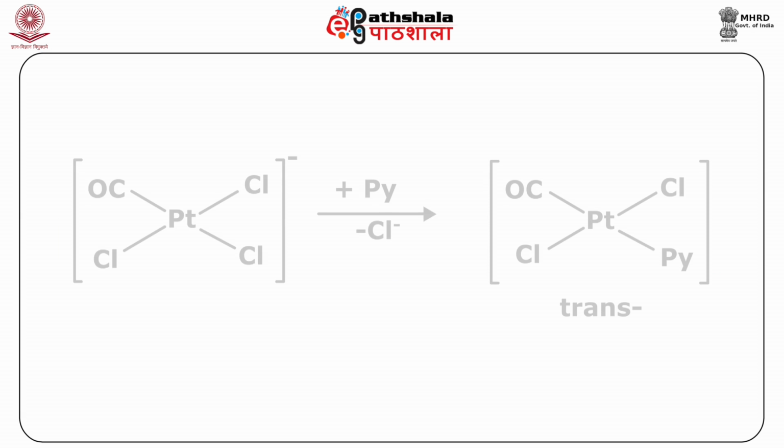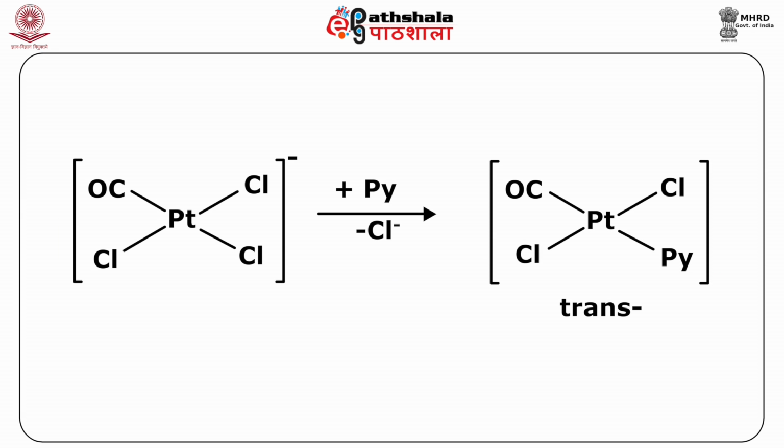Another product that could be achieved is the platinum monocarbonyl monopyridine dichloride system, Pt(CO)(Py)Cl2. If we have to synthesize this molecule as a trans product, as we know, the carbonyl has greater trans directing power than Cl minus and pyridine. So when tetrachloroplatinate was reacted with CO, it forms the PtCl3CO complex. It is now reacted with pyridine. The carbonyl has greater trans directing power, so the chloride that will be dissociated is the one that is trans to CO. So the trans product is achieved.